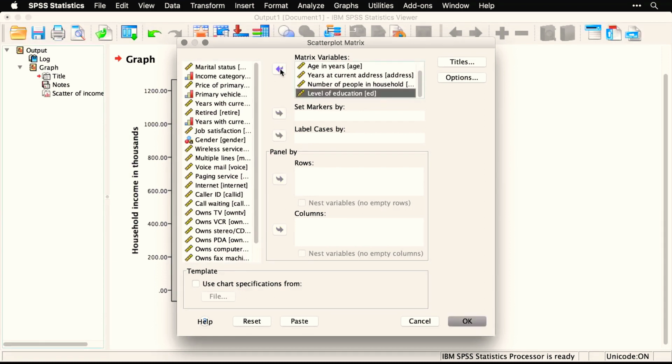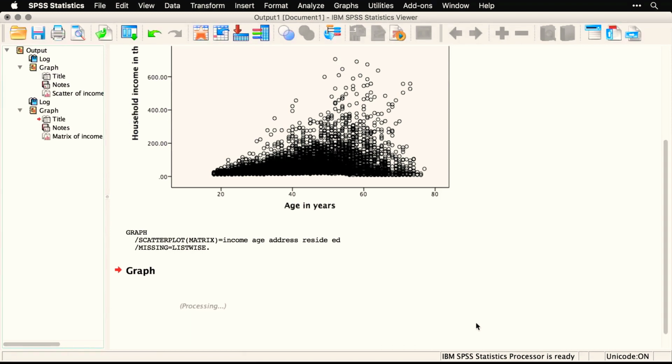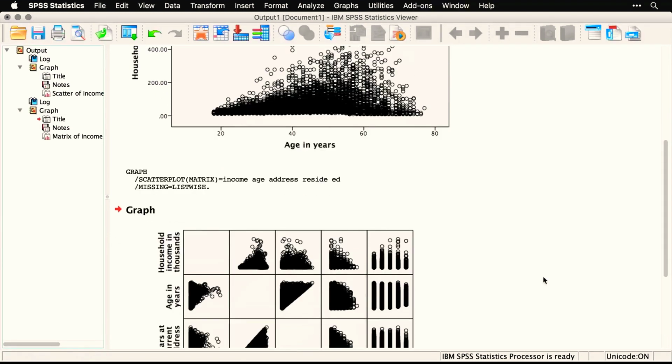There's nothing especially meaningful about these. They're just ones that I thought would be easy to look at. Now, as a general recommendation, if you do have one variable that is an outcome variable, you might want to put that one in first. That puts it in the first column in the first row, and it makes it easier to find it when you're looking at your analyses. But I've got my 5 variables in there, and I just come and press OK. Takes a moment, and then I come up,